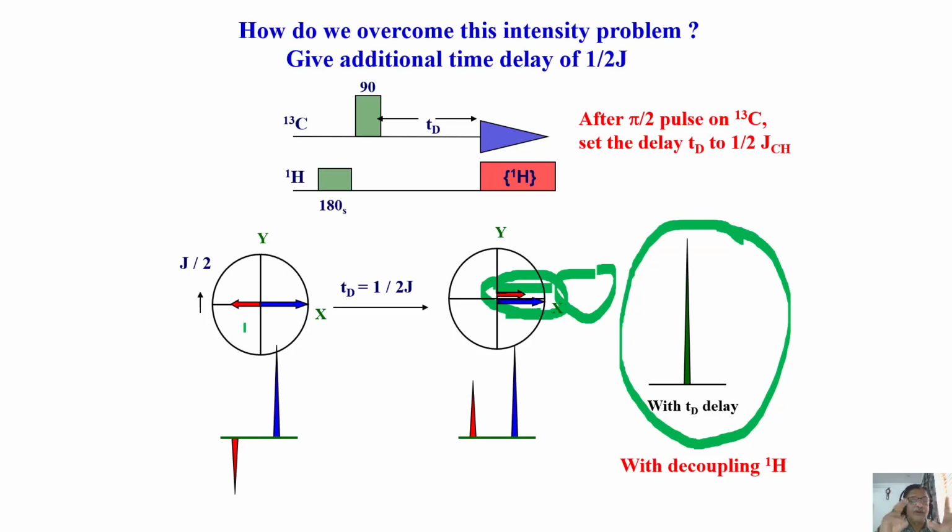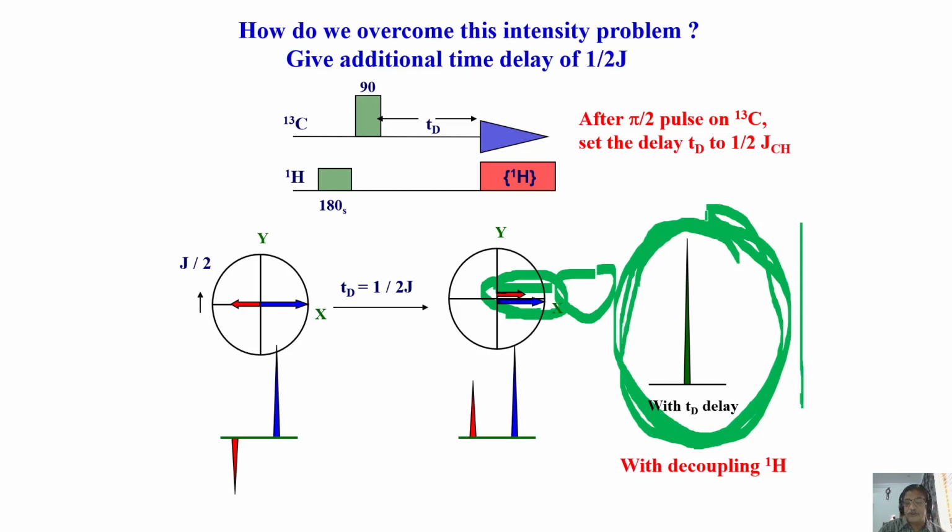You understood now. There are two ways of doing a polarization transfer. Selective population transfer, selective saturation: by saturating one of the signals, we transfer the population. That is SPT, selective population transfer. The other is selective population inversion: we can invert one of the signals and see how the signal is transferred. SPI is very good because we got maximum signal intensity. When these 5 plus 3 add up, it is 8. Earlier the intensity was 2 to 4, now 8. So we have got a 4 times gain in intensity. Why 4 times? The gamma of proton to gamma of carbon is 4 times. So we get almost 4 times gain in signal intensity here.